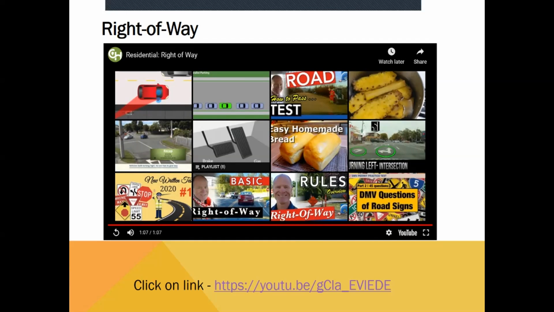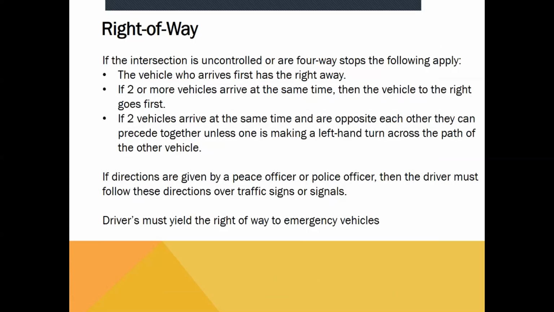So that quickly demonstrated the right-of-way. So if you're approaching an intersection, the right-of-way usually defaults to when you're at an uncontrolled intersection. So what that means is when you go to an intersection that does not have signs or lights attached to it. But it could also apply even if there are signs, like commonly you'll see four-way stops is what they're called. When you come to an intersection where everybody has a stop sign, then you would default to the right-of-way